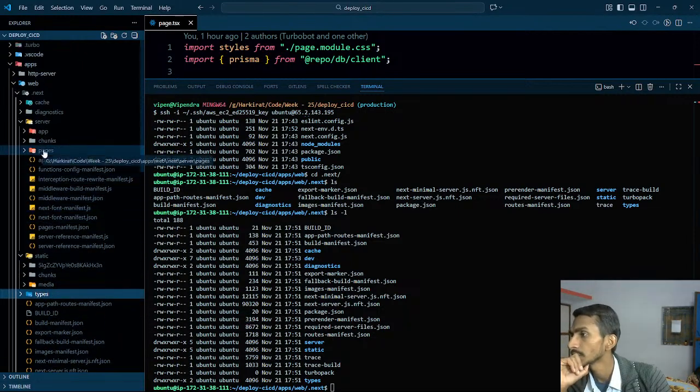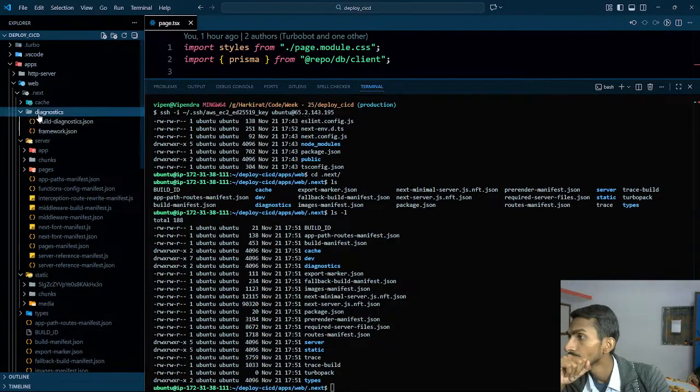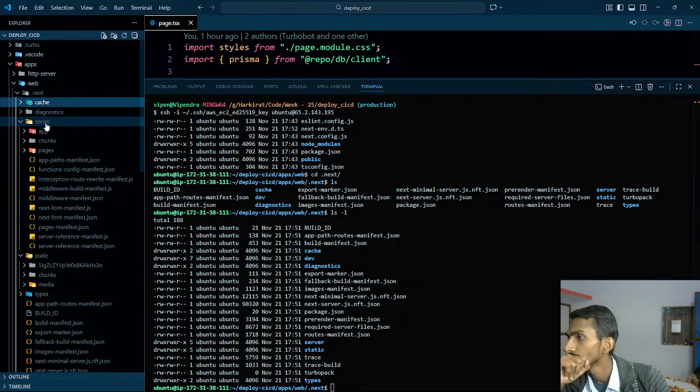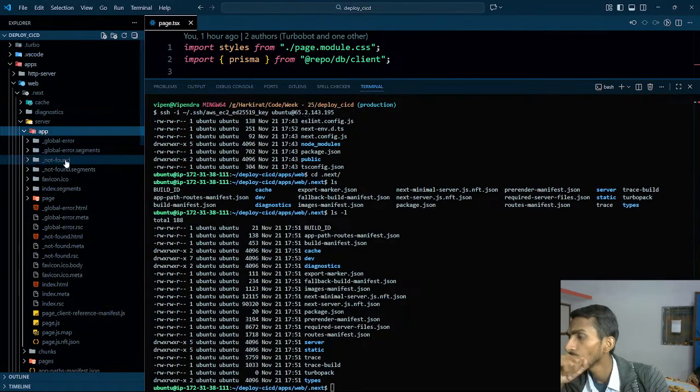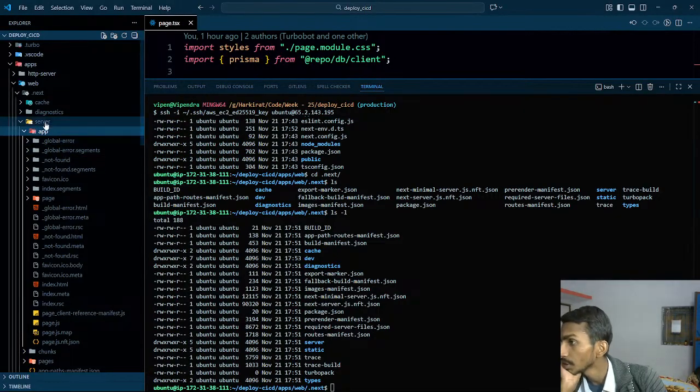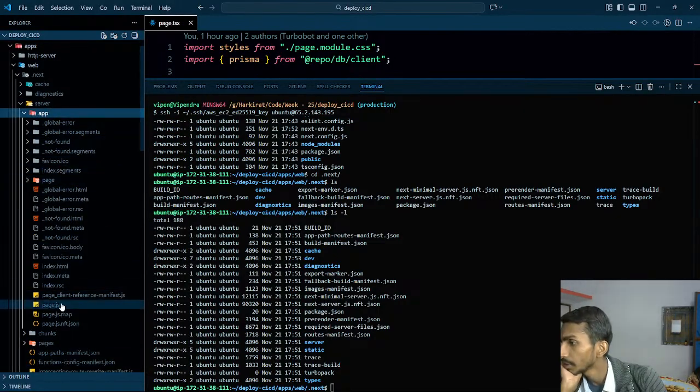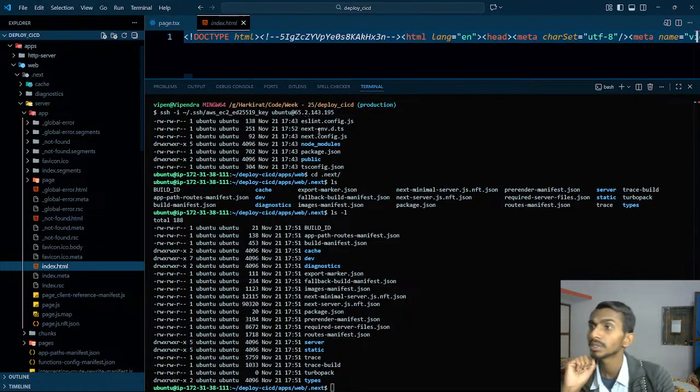Where should I actually be getting it? Diagnosis, cache, app. Okay, I should be getting it inside app. Server, app, and then here is the index.html file that is statically generated.